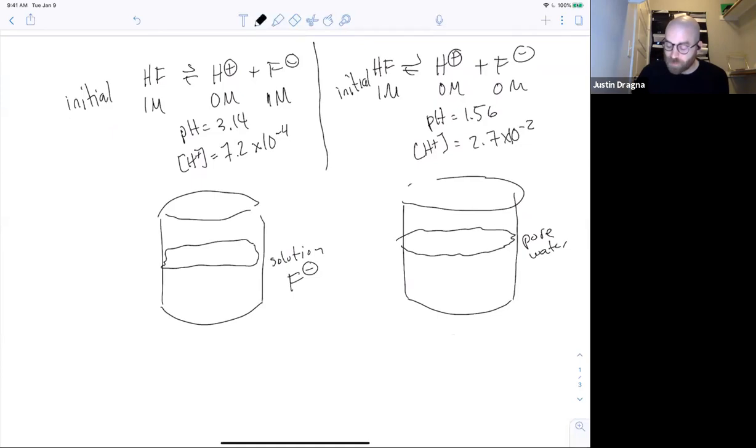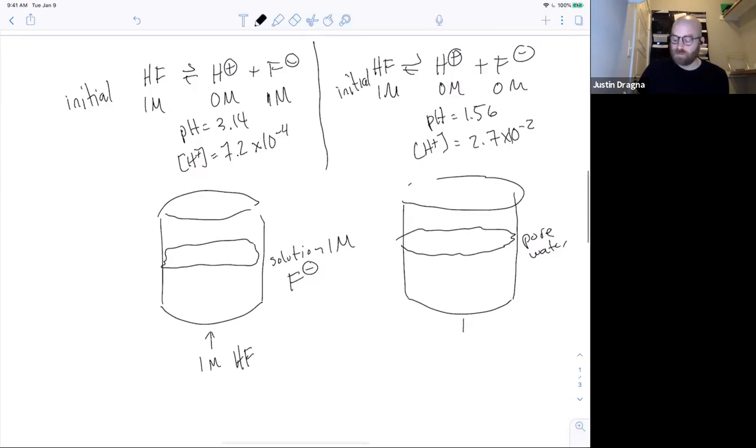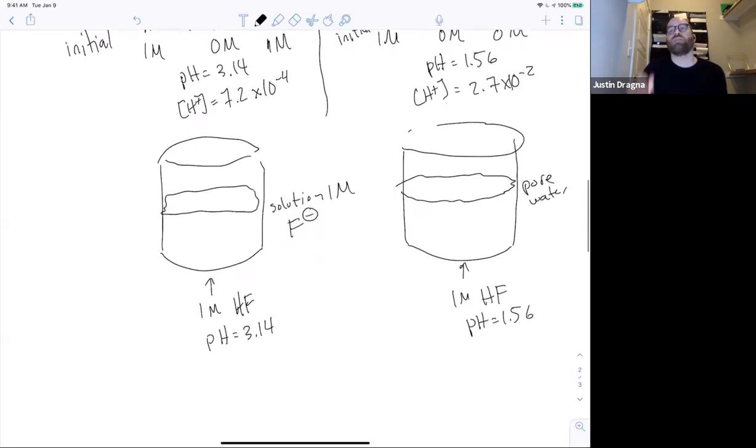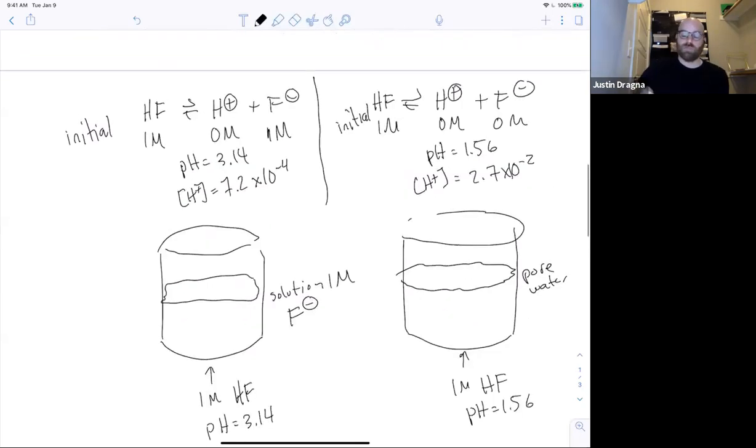But over here we have a solution of F minus, and I add in the same amount of HF, even though I'm adding 1 molar HF to both of these. So I'm dissolving in the exact same amount of acid into both of these. Here I end up with a pH of 1.56. And here I end up with a pH equal to 3.14. The addition of sodium fluoride does make it more basic, but the key thing to take away, the way to generalize it, is that the addition of any product that's going to appear in the equilibrium expression